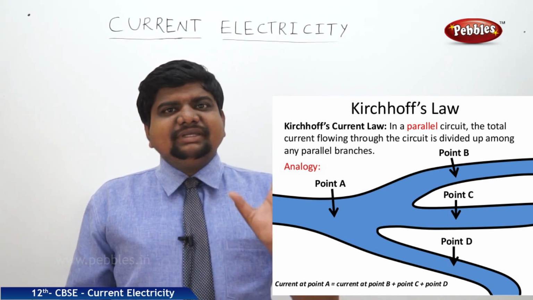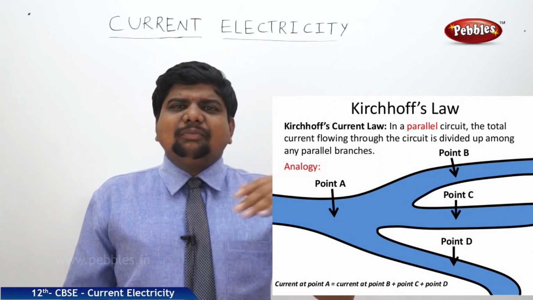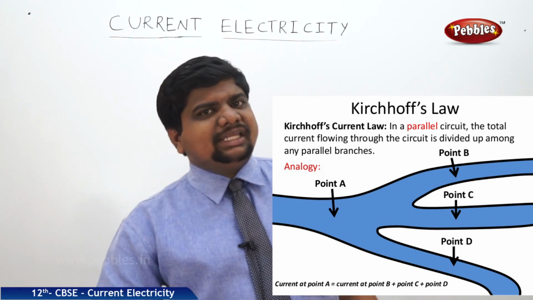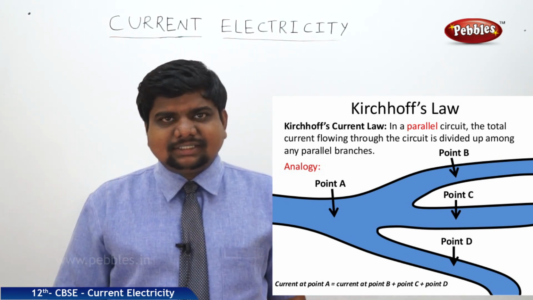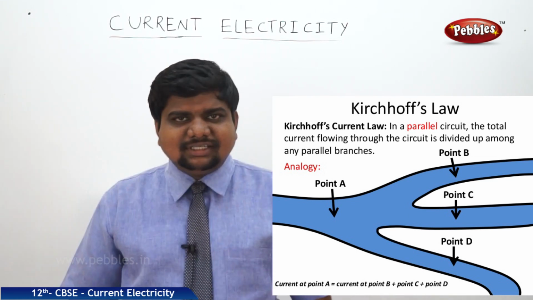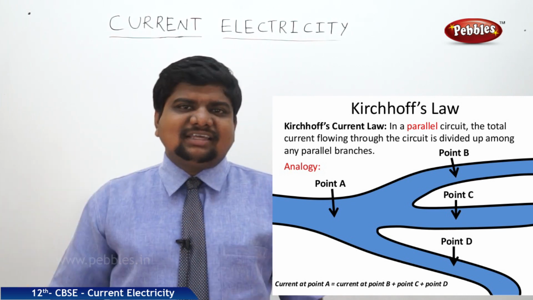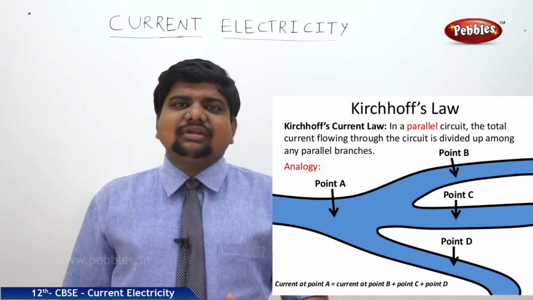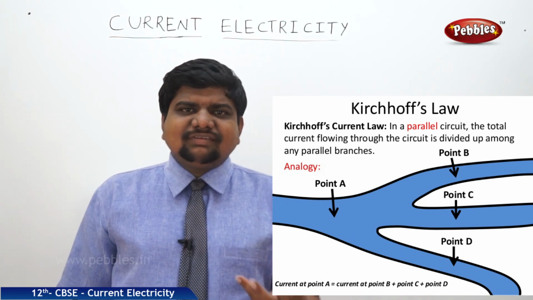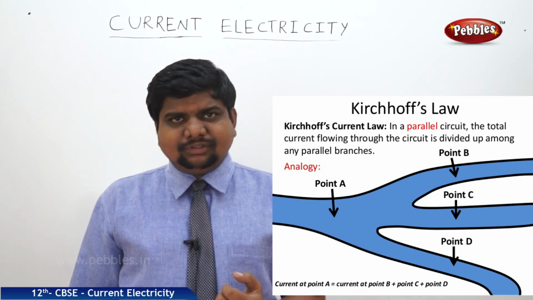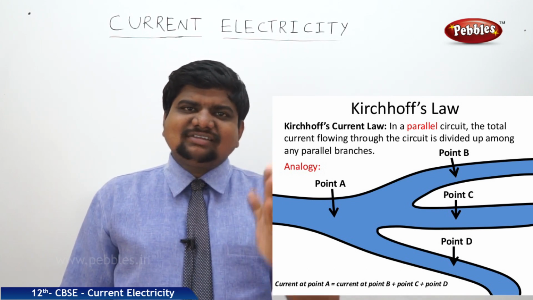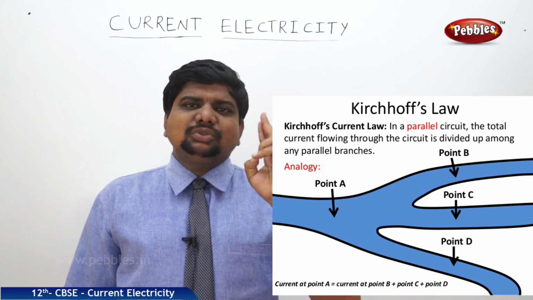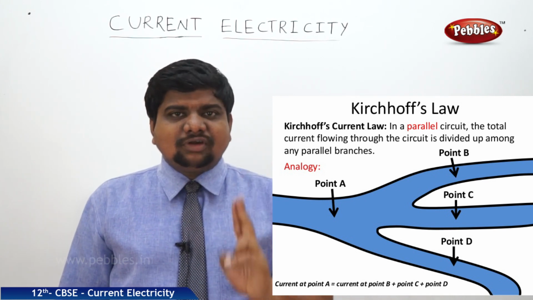Complex circuits. What is the meaning of complex circuits? Whenever two or more electrical devices are connected, maybe in series or parallel, maybe like a junction or a loop, it is very difficult to analyze. We can analyze only resistors connected in series or parallel, or only cells connected in series or parallel. If resistors and cells are connected in any way, those circuits are called complex circuits, and their analysis is very complicated. So to make the analysis of these complicated circuits easy, we use two laws, which are called Kirchhoff laws.